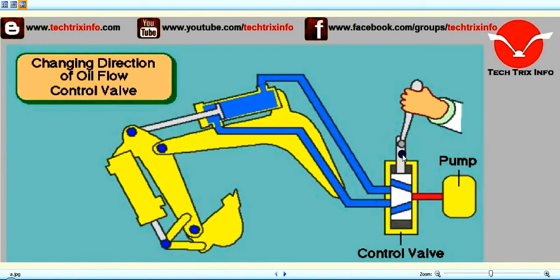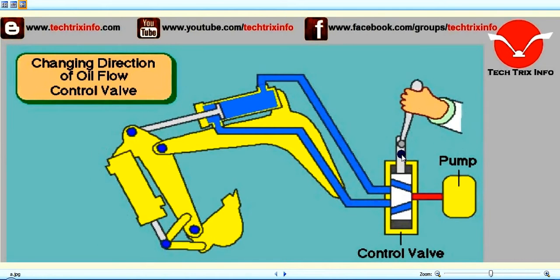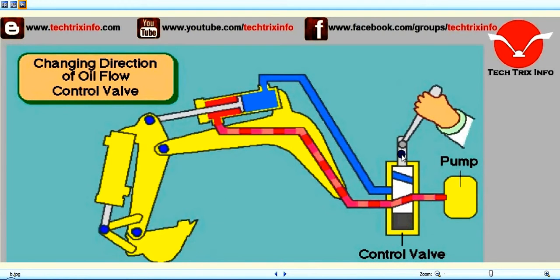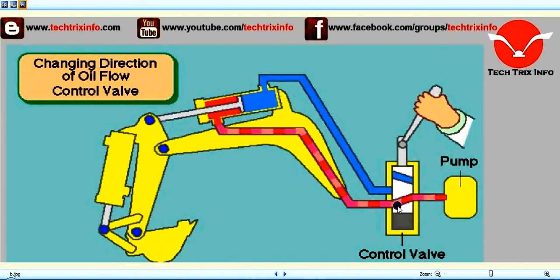So here we have the spool, and as we move the spool you can see the ports get matched and obstructed. So what happens is that as the operator turns the spool like this, the hydraulic line with the control valve matches over here. Here you can see these both lines are actually not linked, so the flow comes over here and it stops here, but as the spool is moved the line matches and the flow transfers through this hose and reaches